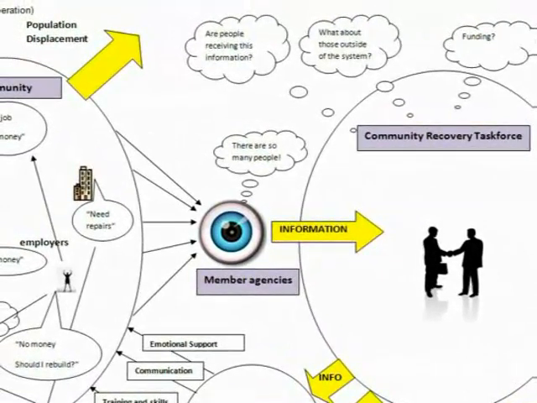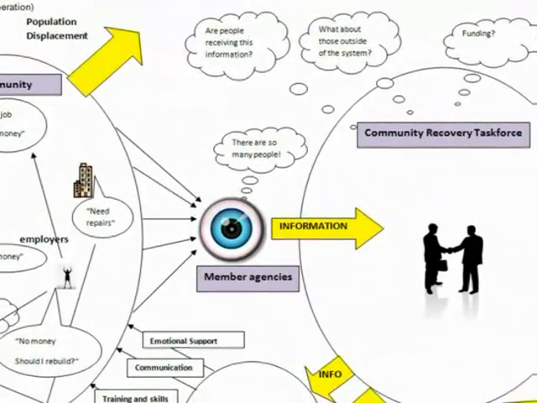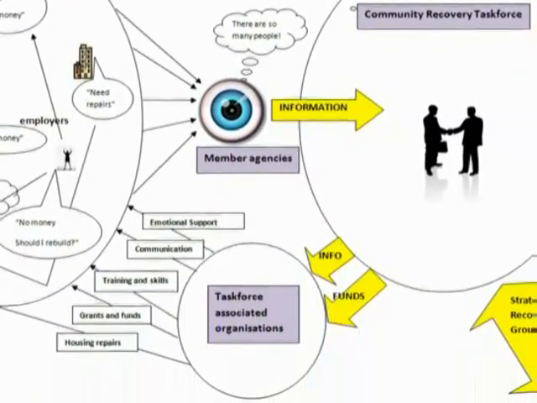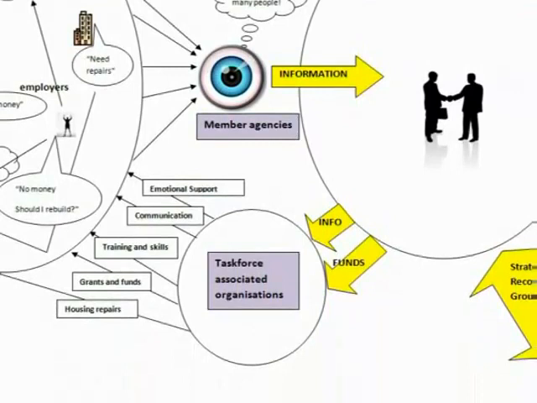Each of the member agencies within this group collected information from the community and brought it together within the group structure. This information gathering activity is represented in the centre of the diagram. Resources and community support were then provided to the community in a coordinated manner through each of the member agencies. This activity is demonstrated at the bottom of the diagram.